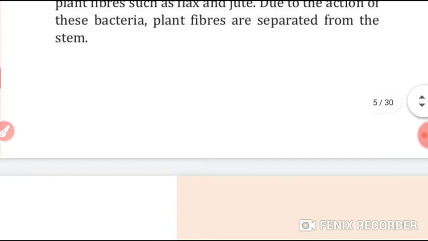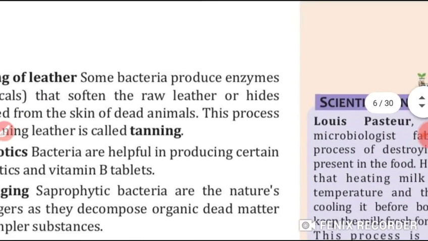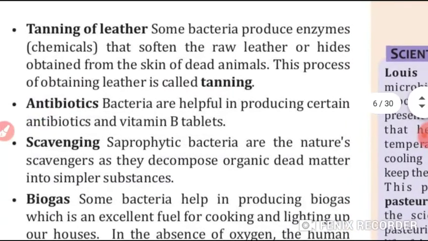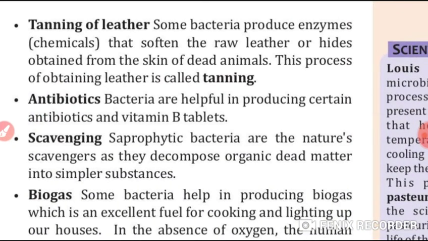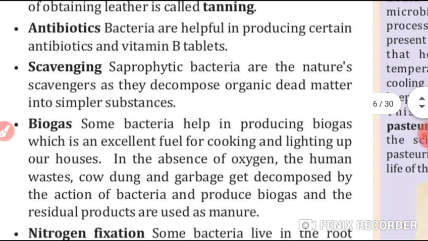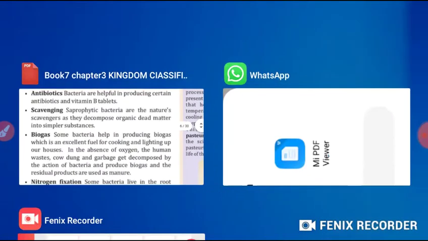Now students, we will study the tanning of leather. Some bacteria produce chemicals called enzymes, and what they do is soften the raw leather. This process of obtaining leather is called tanning. Now antibiotics. Students, bacteria are helpful